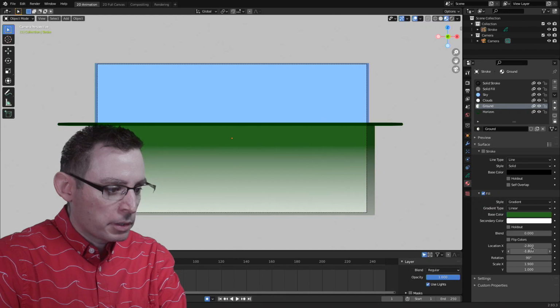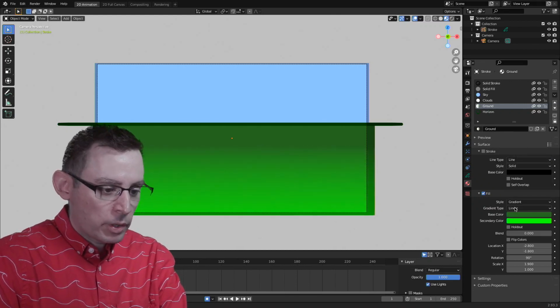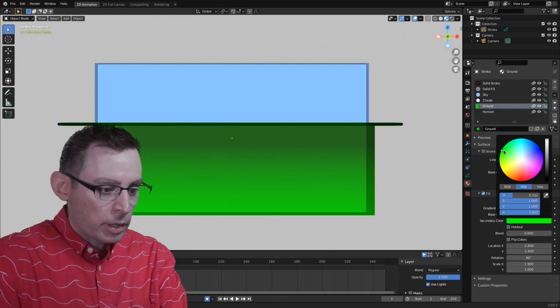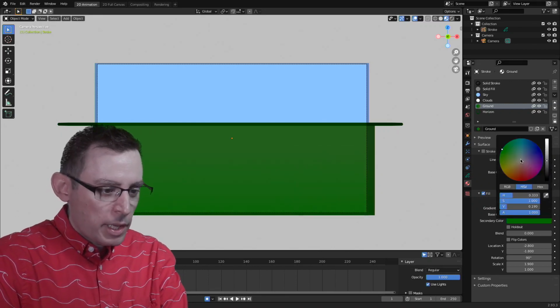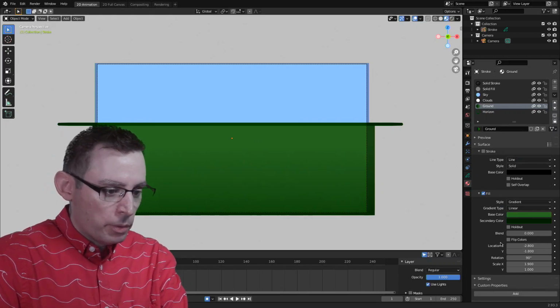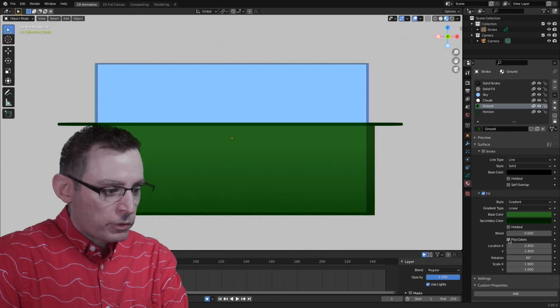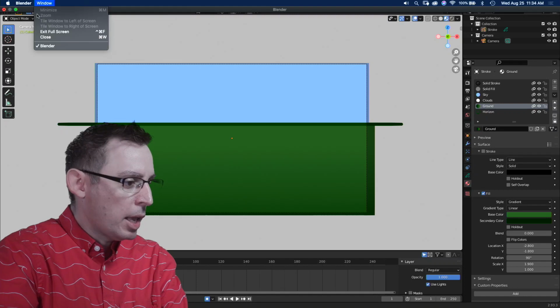How do I want this to transition? Now, the secondary color, let's find a nice green. I want to have it go from a dark green to just a slightly lighter green. These small little changes in value, it's amazing how much they add. Yeah, I'm kind of digging that right there. That's looking pretty cool. One thing that you can also do is flip the colors. I think I like that. That's pretty cool. Let's render the image, see what we get.